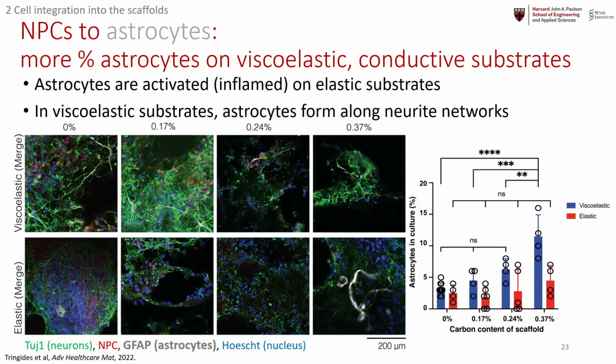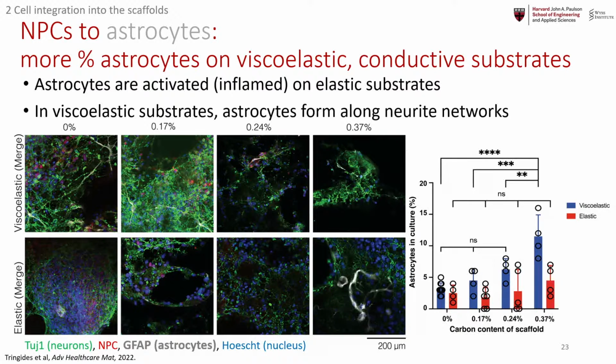The next marker were astrocytes. So for the astrocytes, we use GFAP. GFAP shows inflamed or activated astrocytes, and you can also identify that these are activated cells by the morphology of the cell. In the bottom row for the elastic case, especially for the high conductive gels, you can see very, very big diffuse cells. And this makes sense because an elastic substrate mimics more of a diseased brain rather than the healthy state. Versus in our viscoelastic substrates, the astrocytes have a really small phenotype, and you see really long